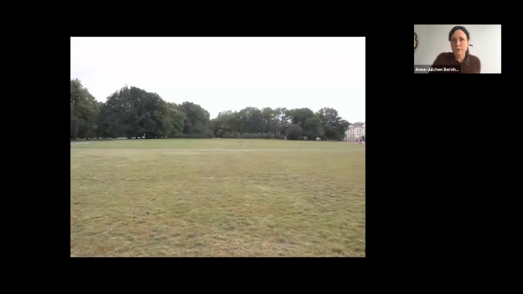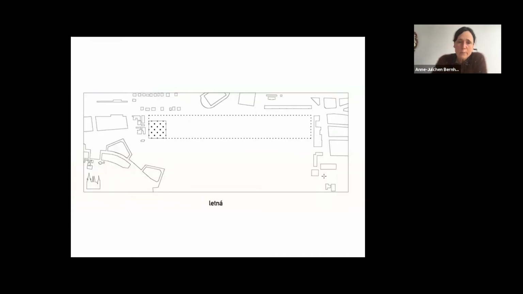So it's just a meadow, and we placed our building in the last corner of this huge meadow, and it's a square of 82 meters by 82 meters.